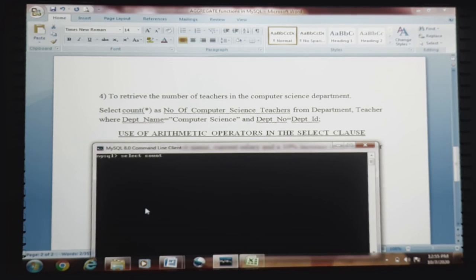Select count star as number of computer science teachers from department, teacher where department_name equal to computer science.